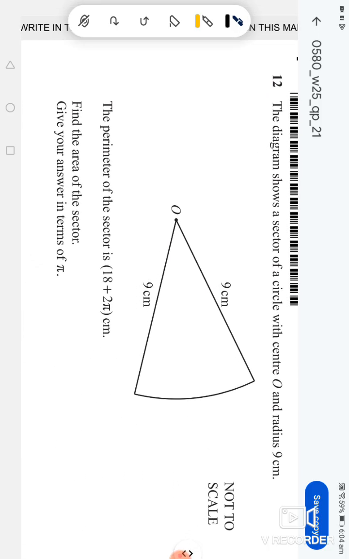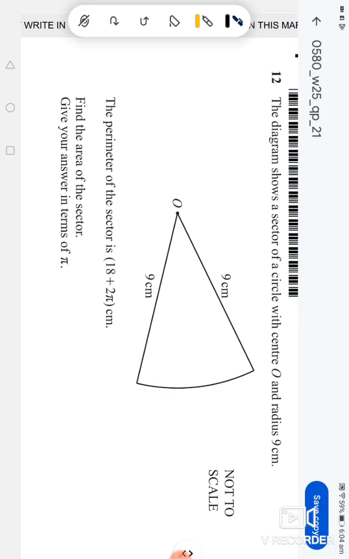Question 12. The diagram shows the sector of a circle with center O and radius 9 centimeter. The perimeter of the sector is 18 plus 2 pi centimeter. Find the area of the sector. Give your answer in terms of pi. So this one is